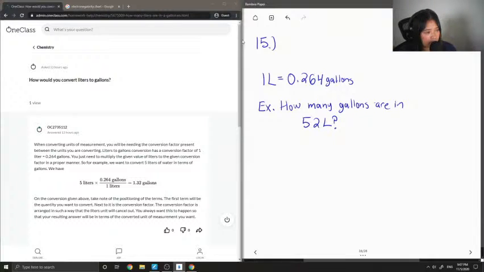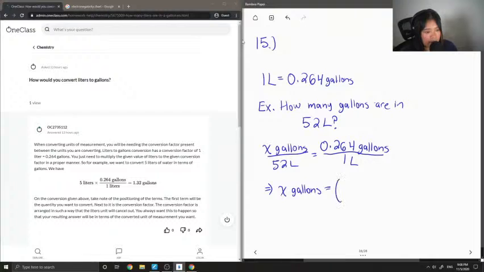Okay, so we can answer this question just by using X gallons over 52 liters is equal to 0.264 gallons over 1 liter. Okay, so whatever units I'm looking for will be in the numerator, and the units I'm trying to get rid of will be in the denominator. So now I'm just going to solve for X